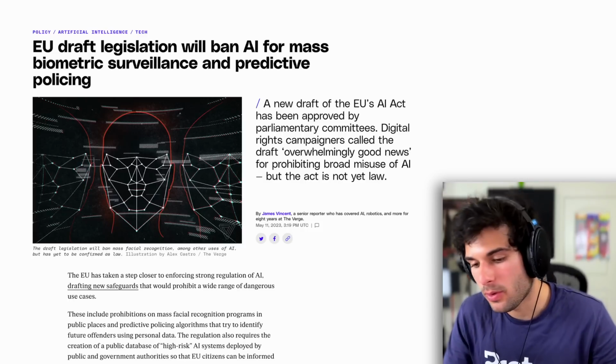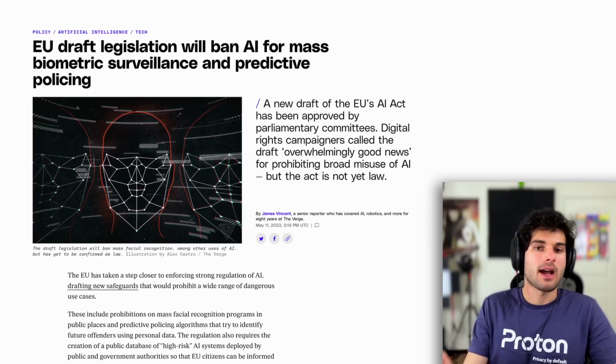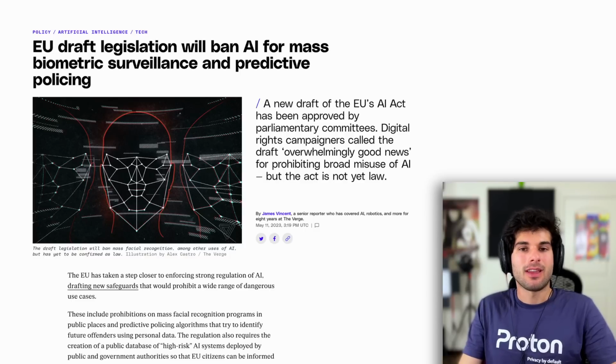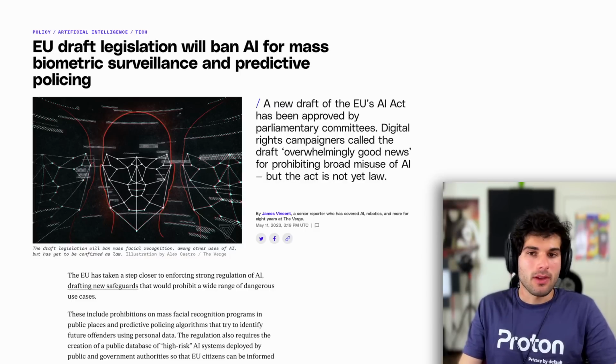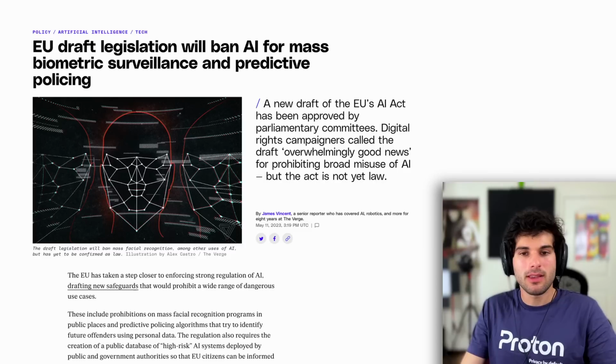All right, moving over to the EU. They have draft legislation that will ban AI for mass biometric surveillance and predictive policing. The EU has taken a step closer to enforcing new regulation of AI, drafting new safeguards that would prohibit a wide range of dangerous use cases. These include things like mass facial recognition programs in public places and predictive policing algorithms that try to identify future